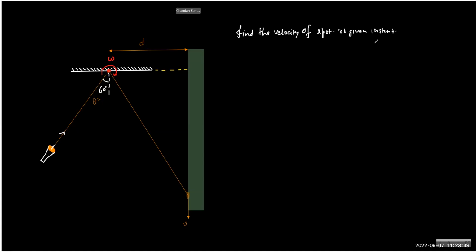And why you need to try is because, okay, I'll give you the hint. Assume this distance is y, from this location till this location. So y you can find in terms of d and this theta, correct? Or let's call this alpha, that's a better way of writing. Alpha I'm taking not from the mirror, but from this line, the dotted line. So you can easily correlate the alpha with d, but alpha is a constant or variable? Variable. You have to differentiate alpha.